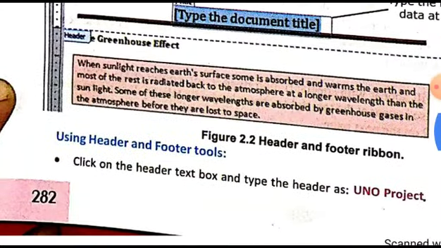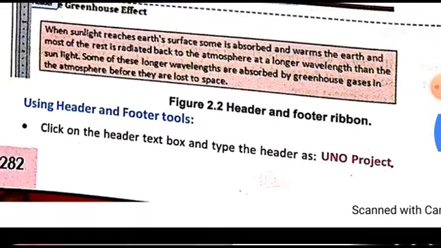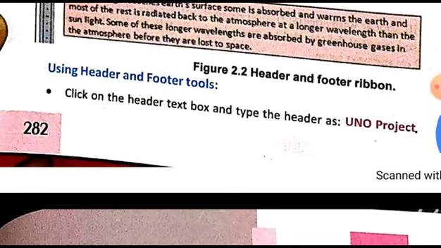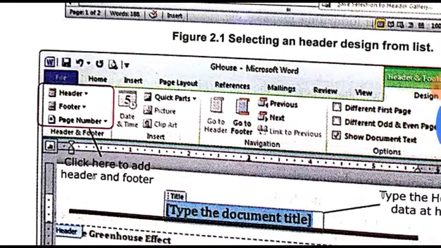Then we have to use the header and footer tools for following the given rules. By following these steps, you have to use the header and footer tools for formatting your header and footer. These tools are there for applying different types of formatting and adding different types of information for your header. These different controls are given in the ribbon either for formatting your header or for inserting different types of information in your header.